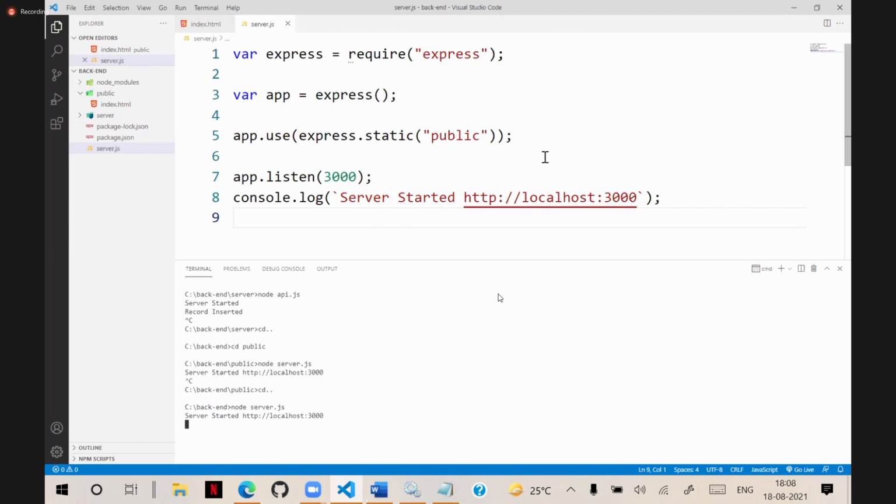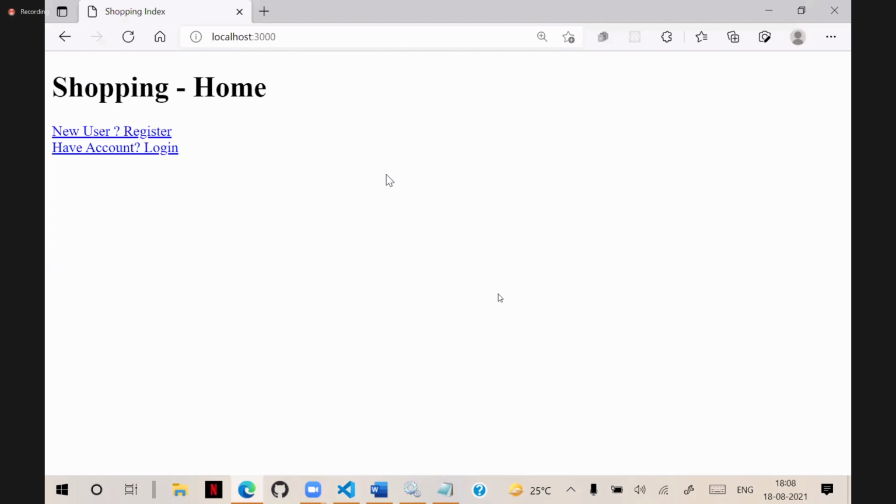If it is an index page, we already learned that every website will have an index page, and the website will automatically start with that index page. It can access and use that index page automatically. Now, when we have this index page ready, when the user clicks on register, you can add a registration form and open it. When the user clicks on login, everything you can maintain and configure in one location now.